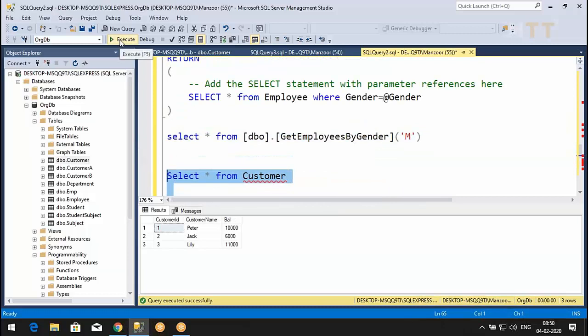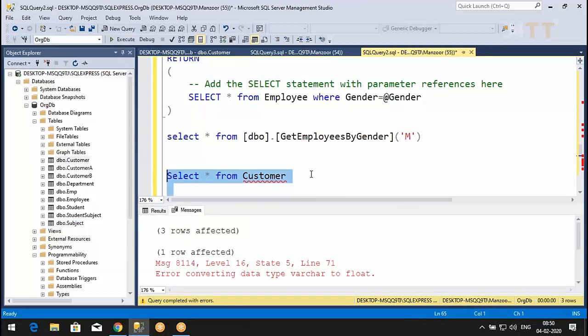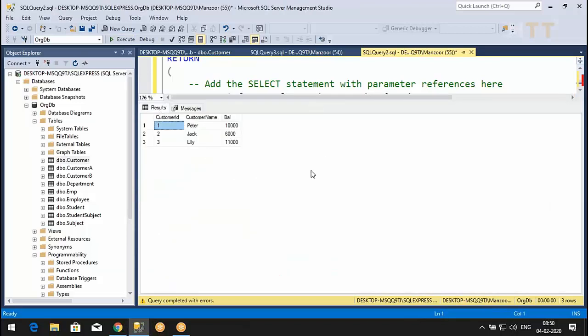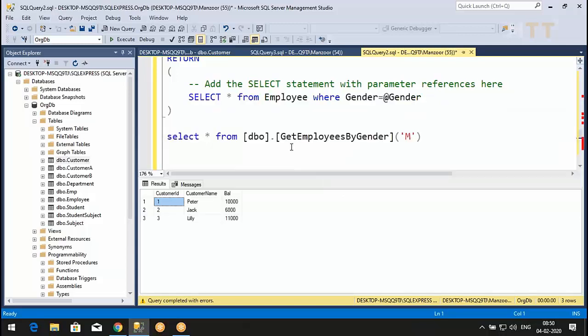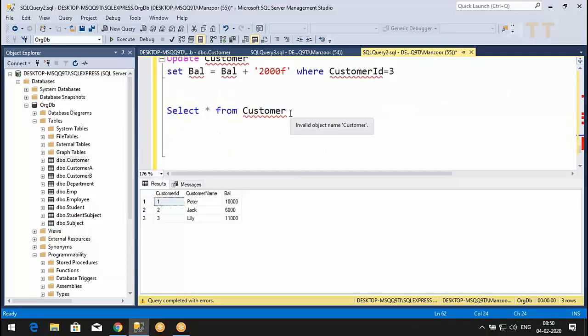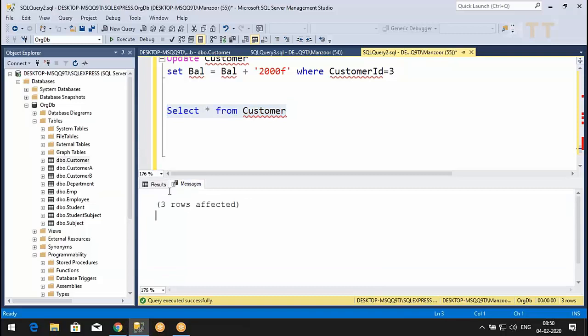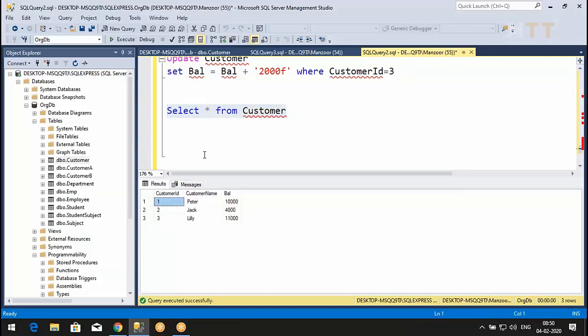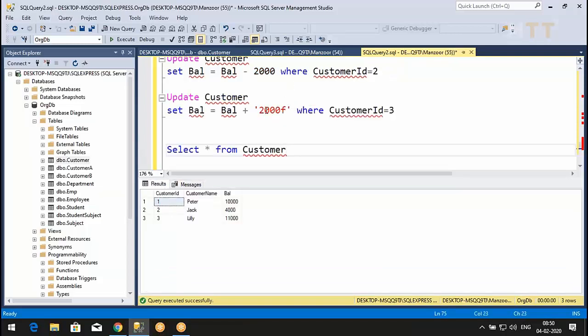Now let me execute, before and after. This is before, this is after. The amount got deducted, but it has not been transferred, right? And there was an exception message. It failed over here: you cannot convert.